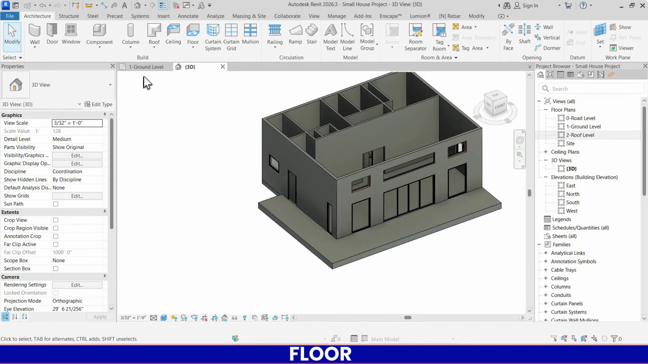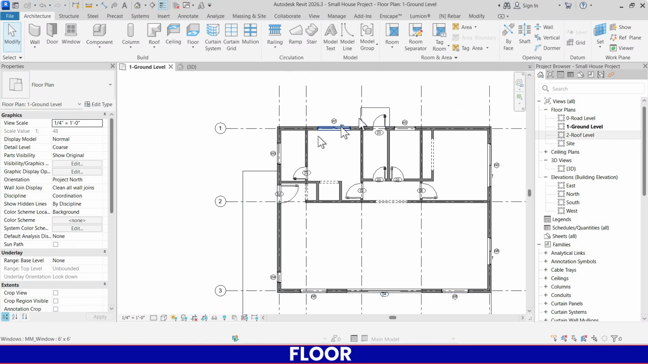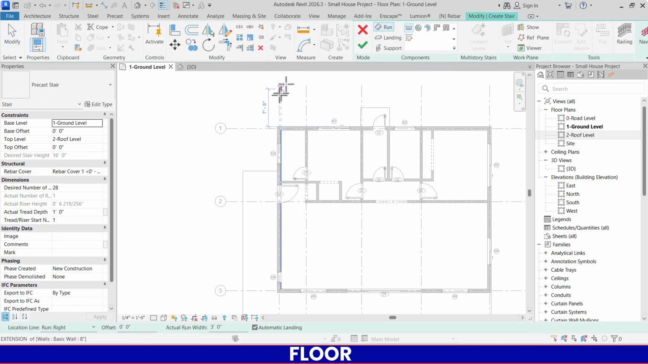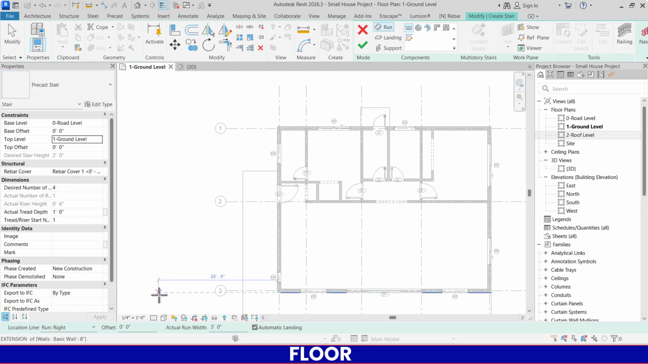So for this, go to the ground level. We need stairs here and here. So in the architecture tab, you can choose stairs, and then base level would be road level and top level would be ground floor level. After setting the levels, select the stair you want to make. I will choose precast stair, and from location line